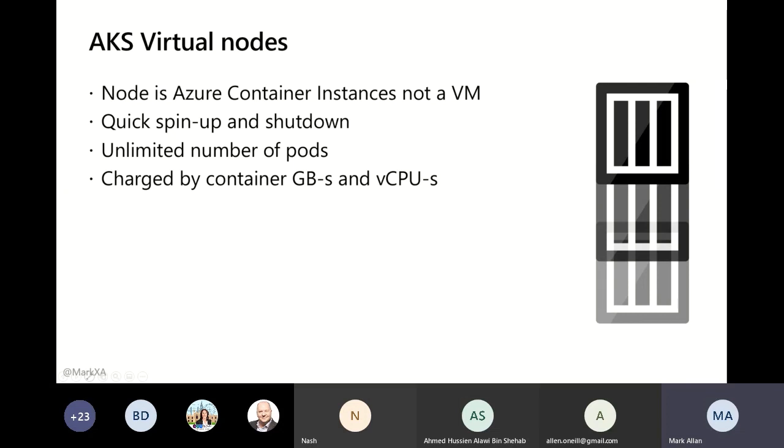Also, it's charged purely again on the amount of memory and CPU that your container uses for the amount of time that it's running. So you can see that it's giving you something very similar to the serverless consumption plan type thing of running something, charging you for as long as it's running and then getting rid of it.